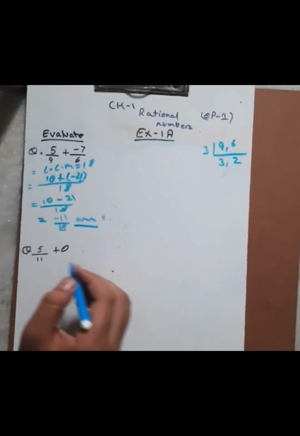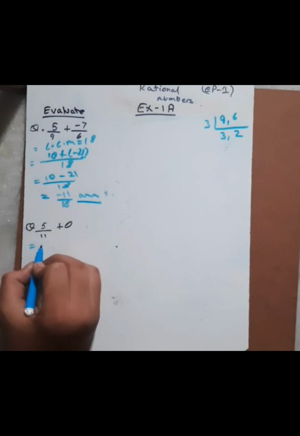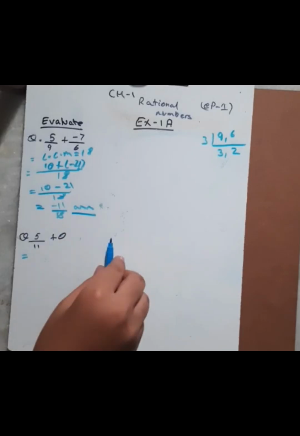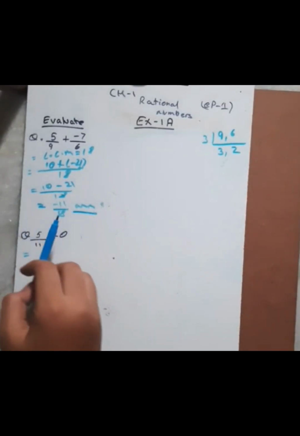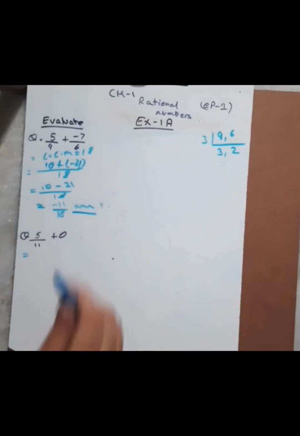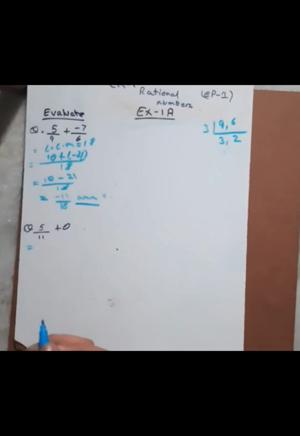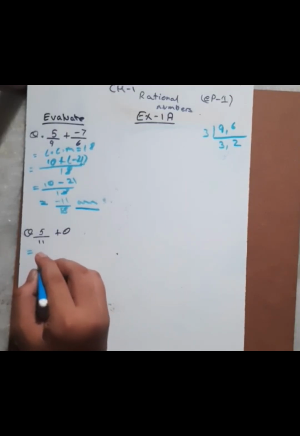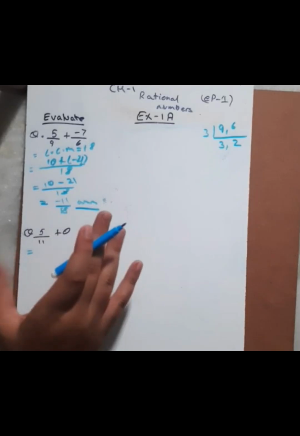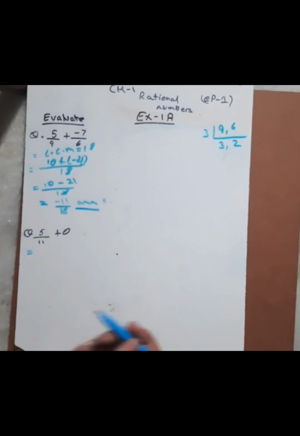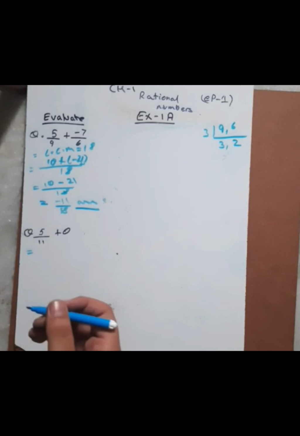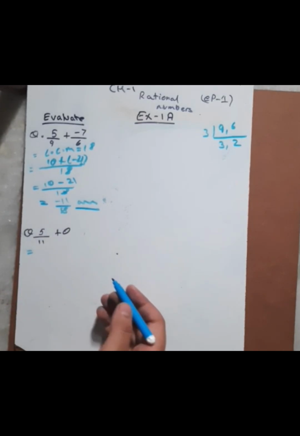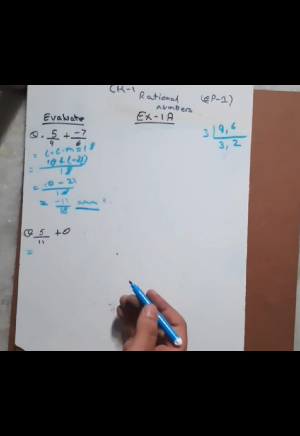And the next question. Wait for me, I will just match the answer to see if it is correct or not. Yes guys, the answer is correct, and we move to the last question of our episode 1. Leave the LCM. Just imagine if you have 150 rupees in your bank account and you withdraw 0 rupees, then how many rupees will you have in your bank account?